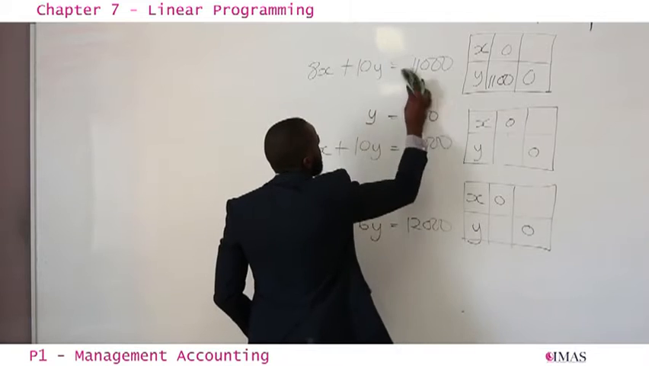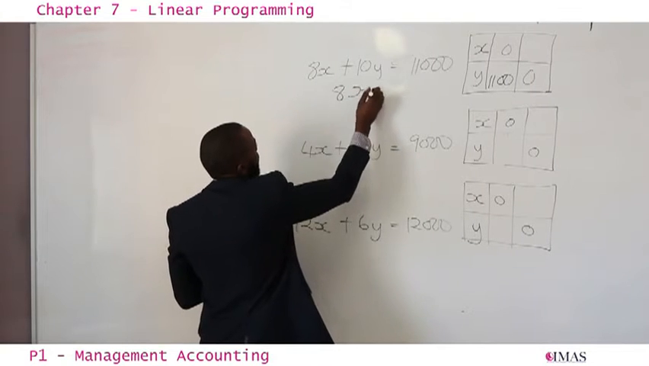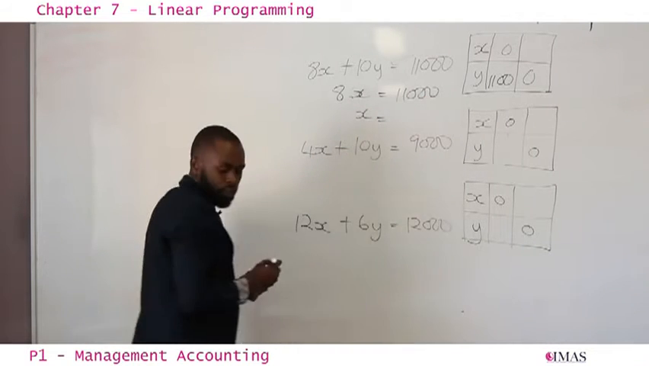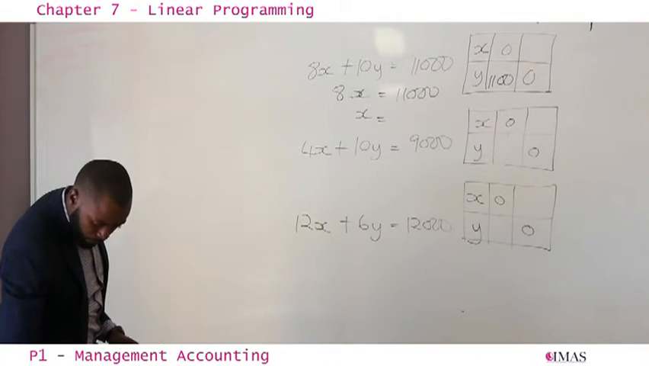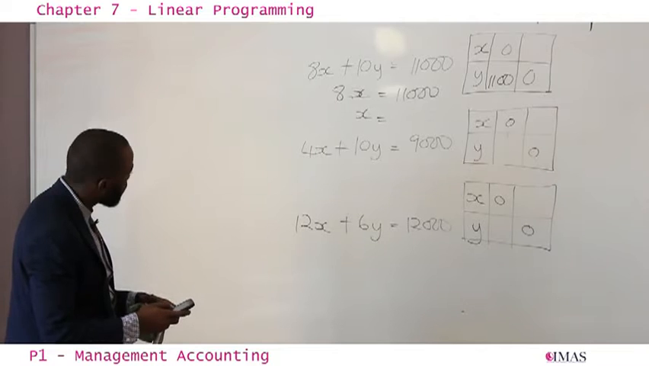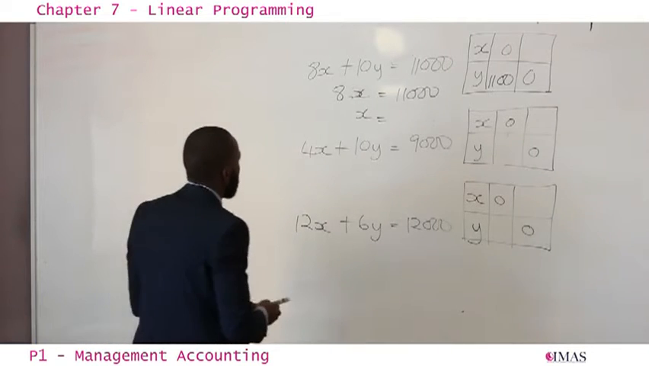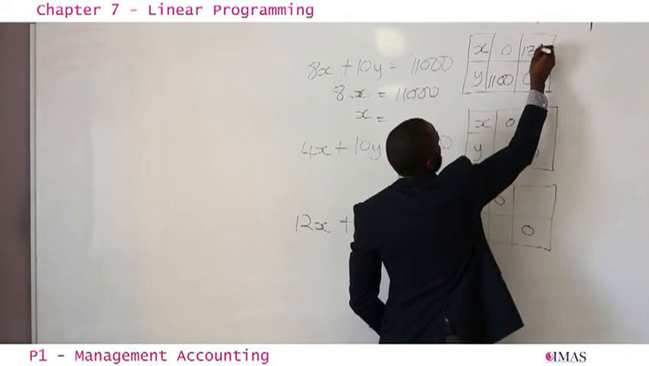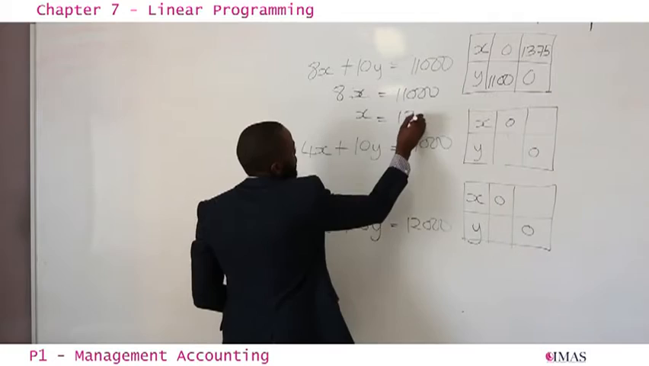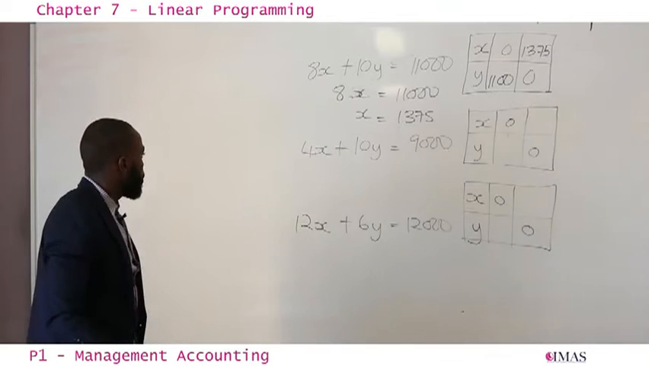Then we do the same thing. Say when y is equal to 0, this equation just becomes 8x is equal to 11,000. Then our x is equal to 11,000 divided by 8, which is 1375. So that's how you come up with the straight line. Now once you have these 2 points, you just need to join the 2 points. You have a straight line. We go to the second constraint,